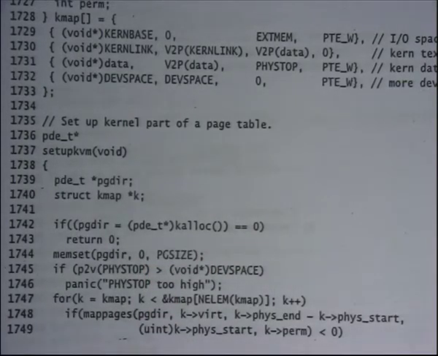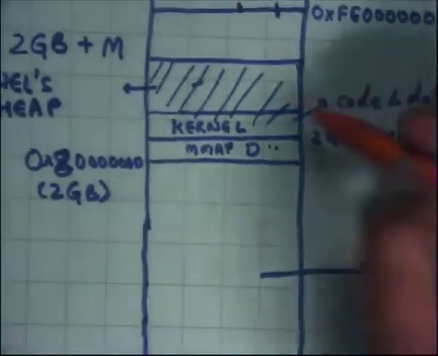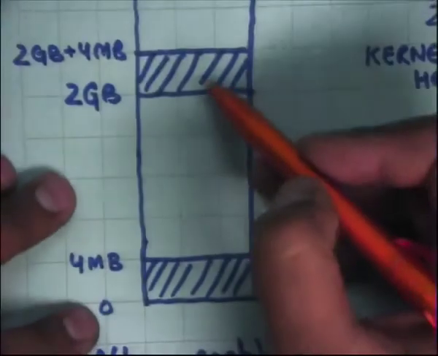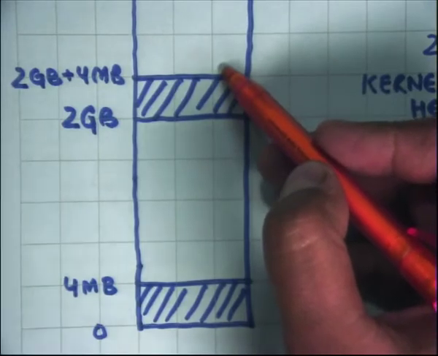Like right now we do not have a page table or anything. So from where will it allocate a page? Okay, so there was one function called kinit that I skipped. All right. So I'm going to discuss that later. But let's just assume that this address space has already been initialized. So right now we are working in this address space, right? 2 GB to 2 GB plus 4 MB. So that's a great question.